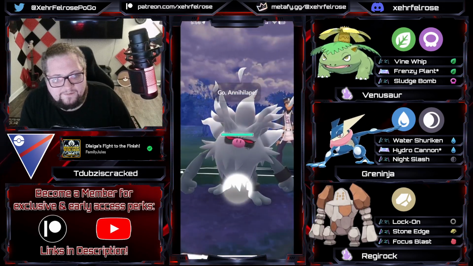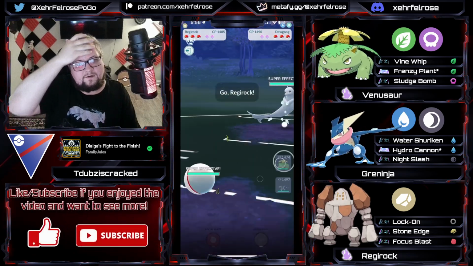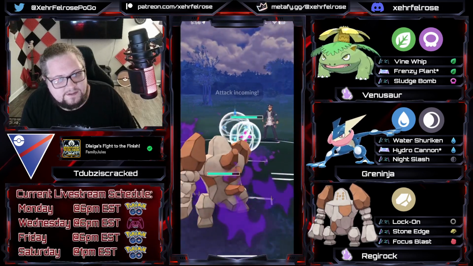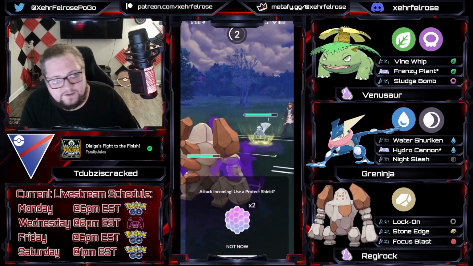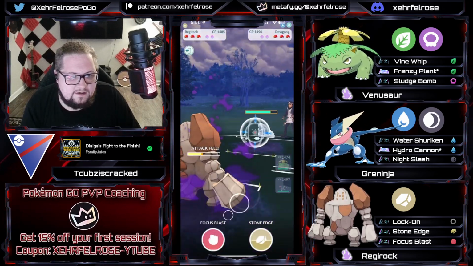Getting into the next battle here, Venusaur against an Annihilape. Another positive matchup for the Venusaur because you're resisting those counters. Opponent has a Dugong, and they safe swap in with it, and we're going to see now the Regirock, rather. I was almost going to say Registeel. Regirock now comes in and is going to take this Icy Wind on the chin and go for the Focus